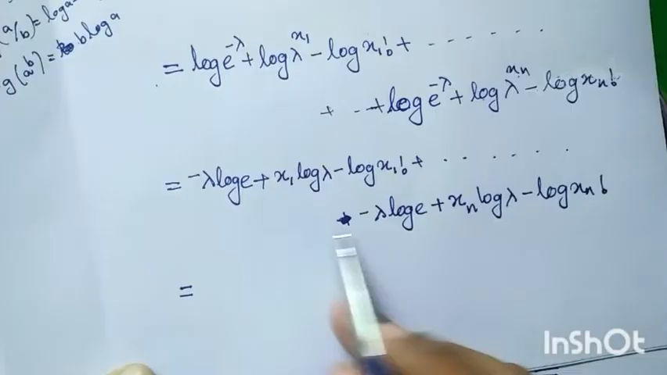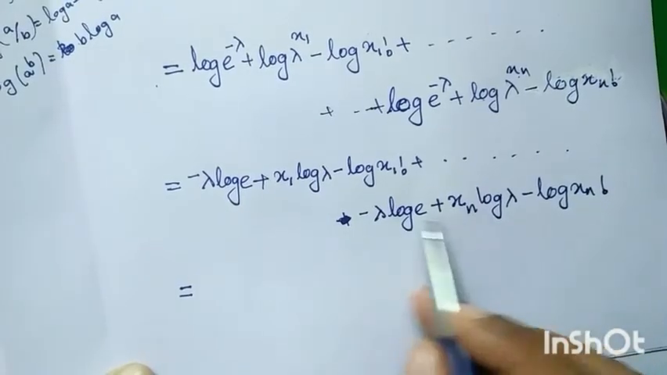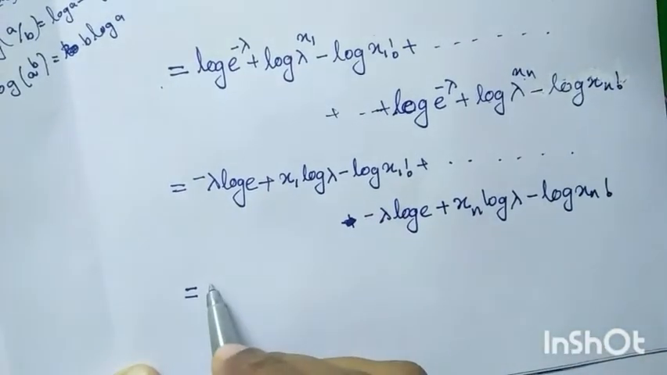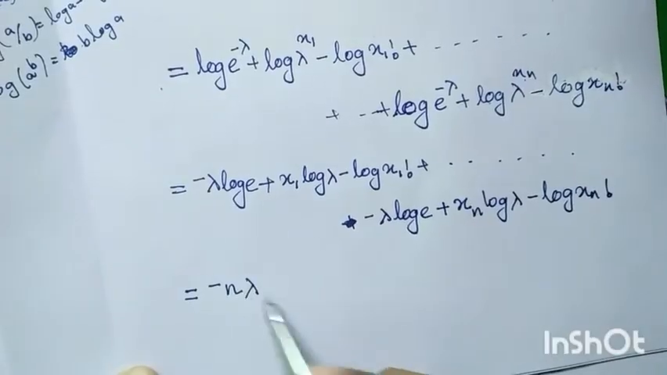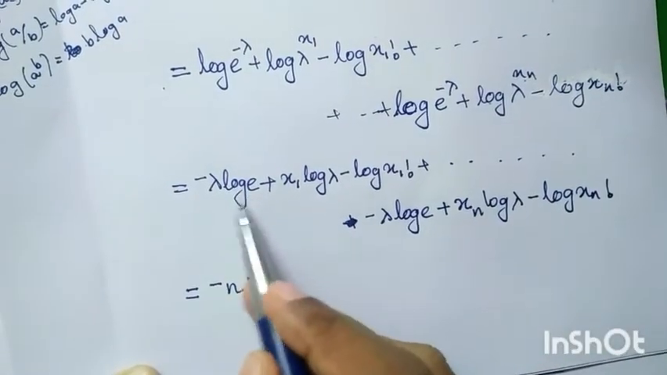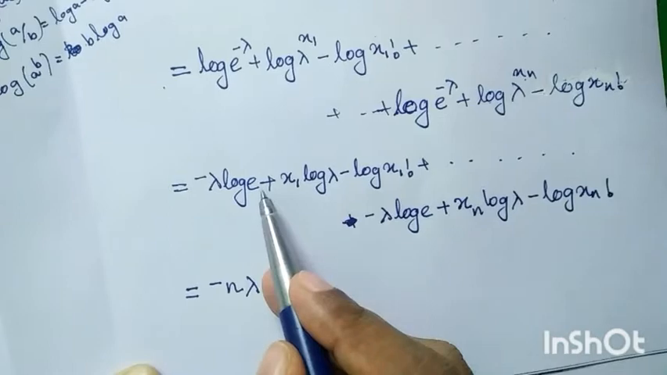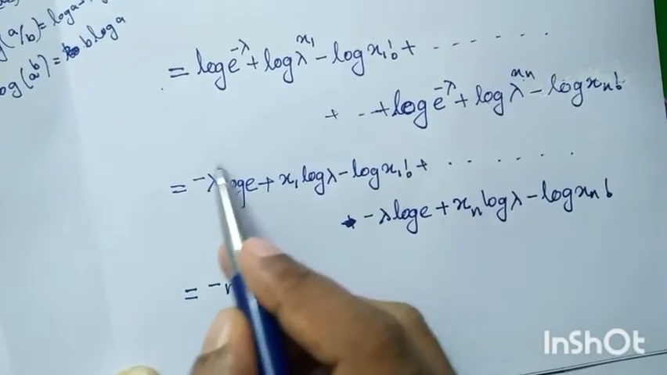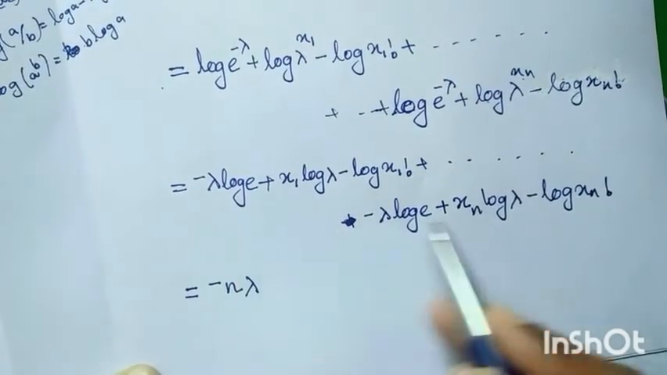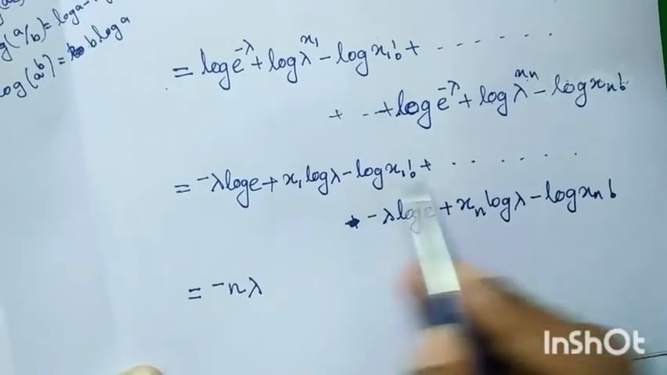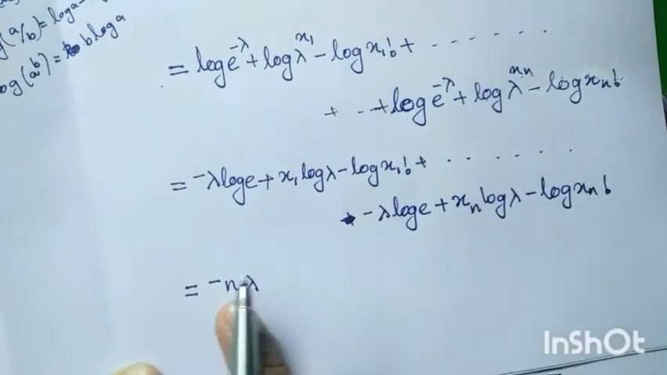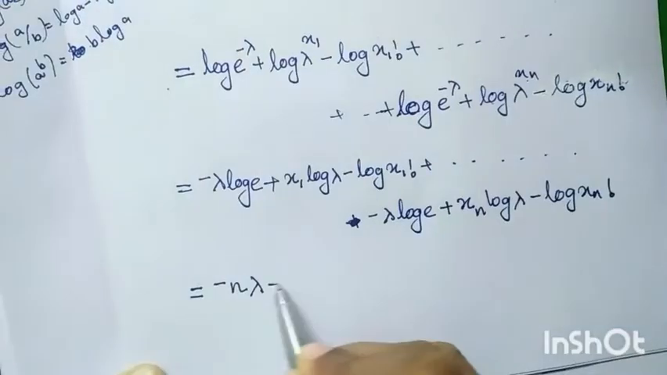In total, n such terms have come. So we get minus n lambda. Okay. Because we know that log e is equal to 1. So this term will be minus lambda. Thus we get minus n lambda in the equation. So we get minus n lambda plus